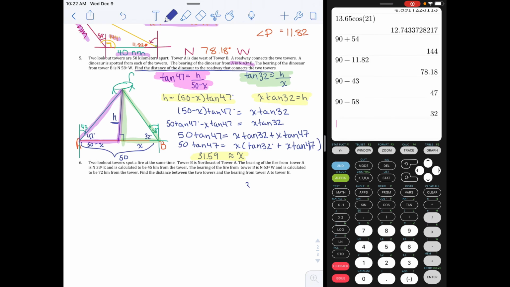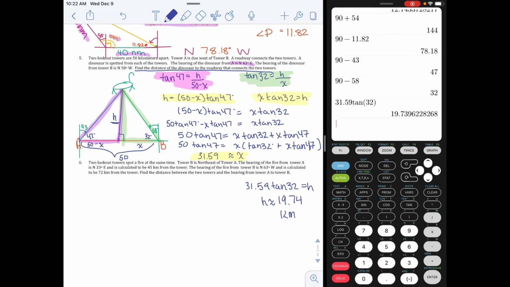So I'm going to have 31.59 times tan of 32 is equal to my height, and I got the height, aka the distance from the dinosaur to the road, to be about 19.74 units,